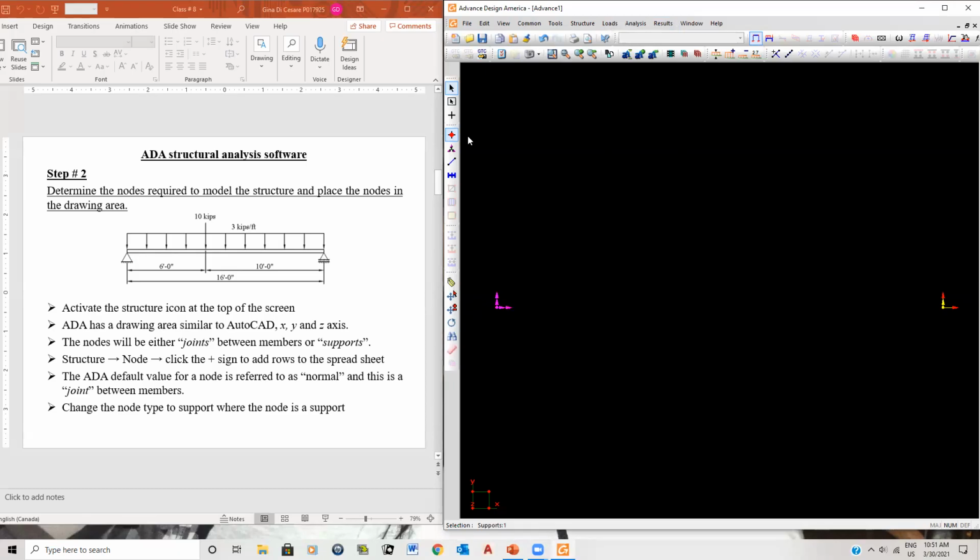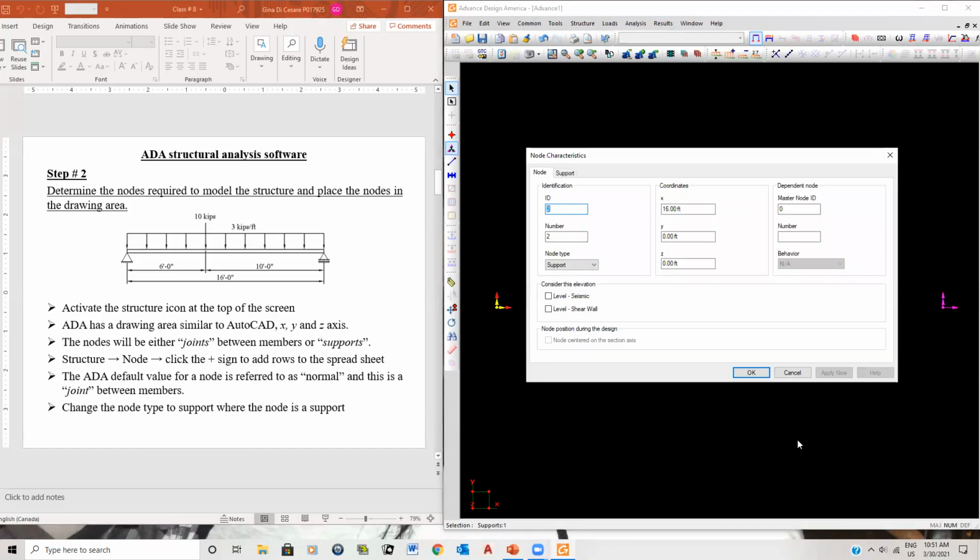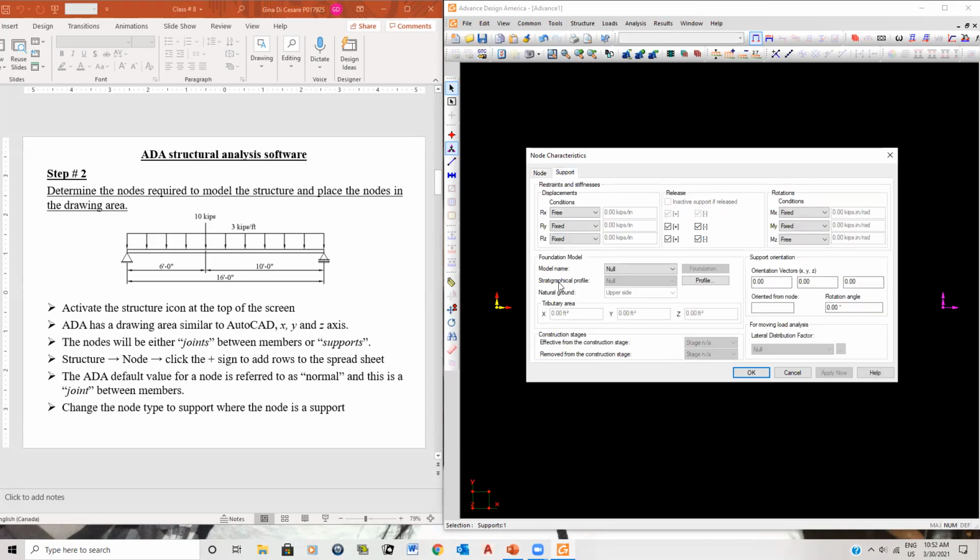The other thing that you can do is that if you're here on this icon here, then I can actually go and double click on this and it brings up that support. Now this just tells me what the support is. It's a support type, and then when I click here, this is free fix. You probably forgot to free it about the MZ. You probably freed it either on the MX or the MY. Go back, look at your spreadsheet and see if you had freed it about the MX and the MY